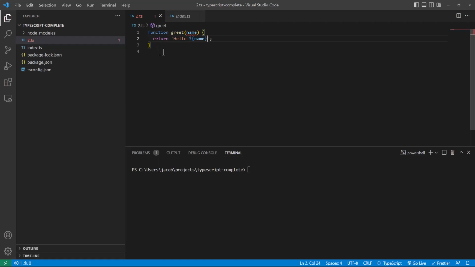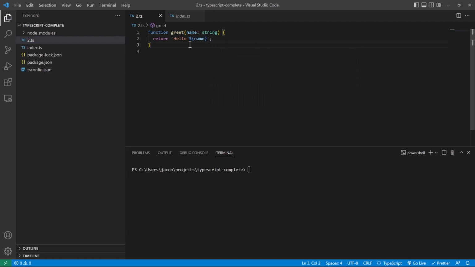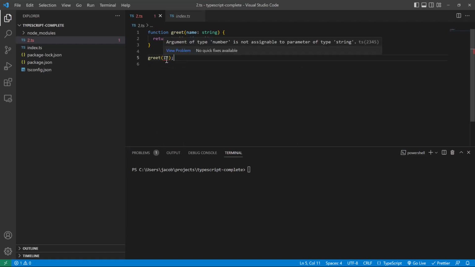In order to annotate or add a type to a parameter in a function, all you do, very similar to a regular variable, is add a colon and then string. That way, if we now go greet 12, you'll see we have an error here that says number is not assignable to string. But if we add Jacob,